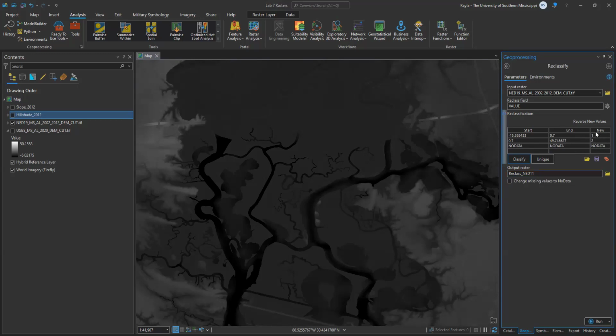Now you can change this value to 1 and no data, 1 and 0, or keep it as 1 and 2. It doesn't really matter as long as you remember what those values are. In this case, 1 is going to be what would be below sea level as of 2100, so everything less than 0.7. That would be what would be below sea level as of then. And this would be all the things that are above sea level. Here, we're going to give this a name that we are going to remember. So this is the low emission scenario